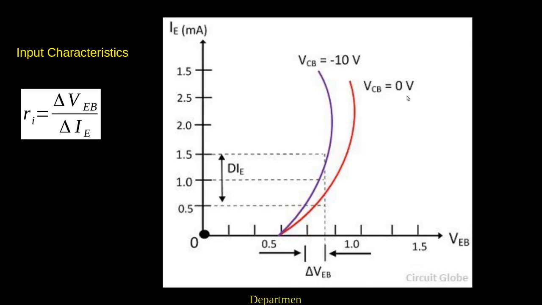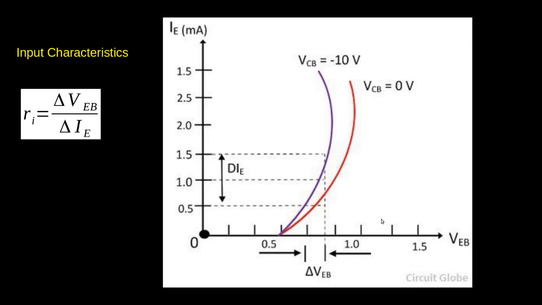So here, if we change the small voltage across the emitter base junction, initially VCB is 0, kept constant, and we increase the VEB from 0.5, 0.10 likewise. So we get sudden changes. This red line represents VCB equal to 0 volt, and we get the input characteristics of the common base configuration. So a sudden change is there, and if we increase VCB from 0 to minus 10 volt, the value changes abruptly and we get the emitter current maximum.